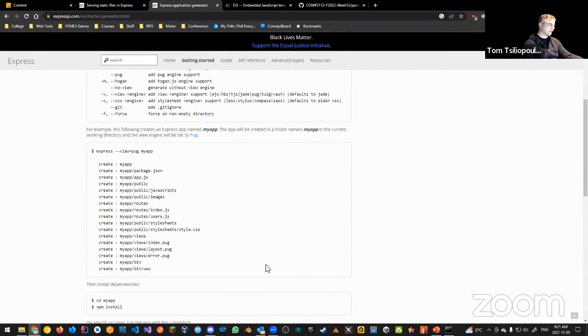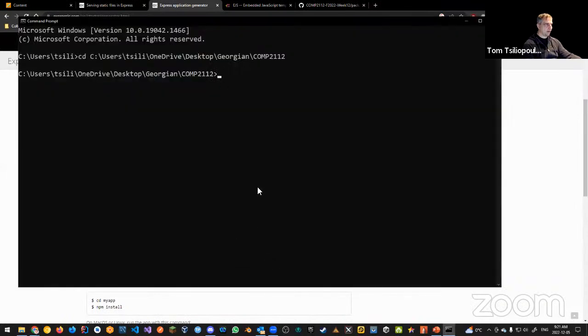It's going to generate all this stuff. Let's try it here in our command prompt. Ready? So I'm going to say express -e for EJS. That is the command we need to use. And then we want to use the folder that we want. So we're going to say COMP2112 in the fall 2022 semester, and for us, it is week 13. Now it's going to say this isn't empty, are you sure you want to do this?